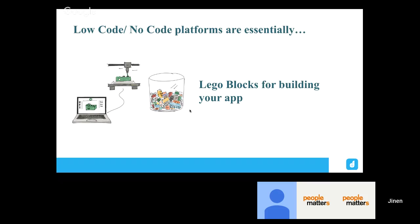So what we essentially are trying to say is that while you are trying to craft your experiences, you are going to be given all the tool sets, all the pre-configured pieces of software, which will allow you to go ahead and craft an absolute experience the way you would like to, right? And the way these low-code, no-code tools are coming up, they are actually designed for HR tech professionals, or even business professionals who